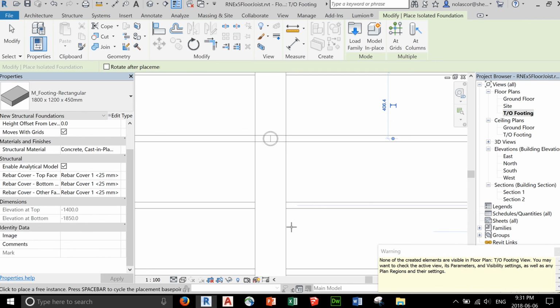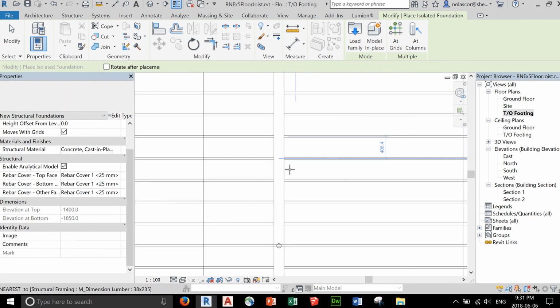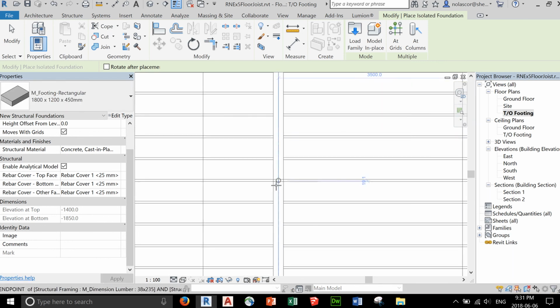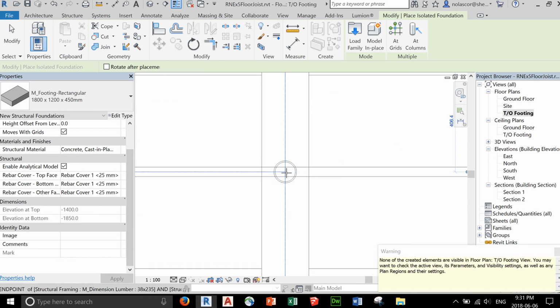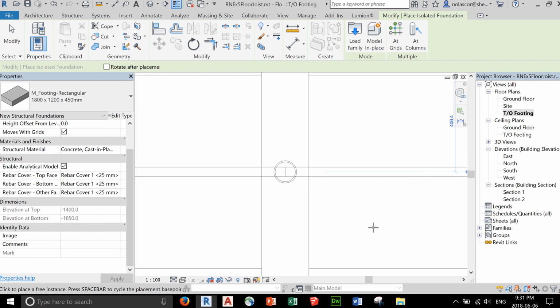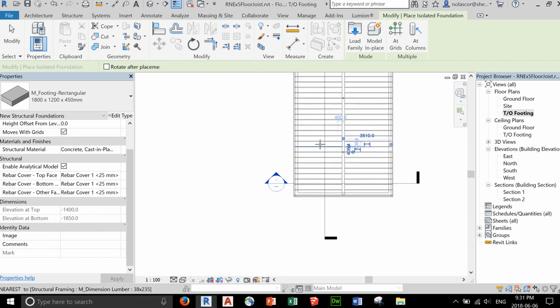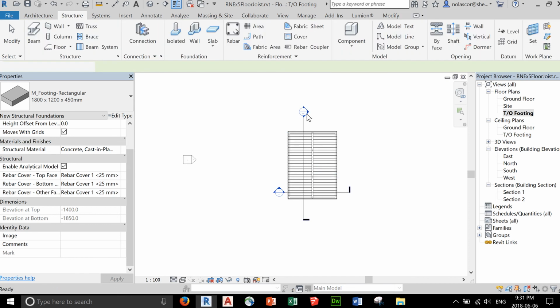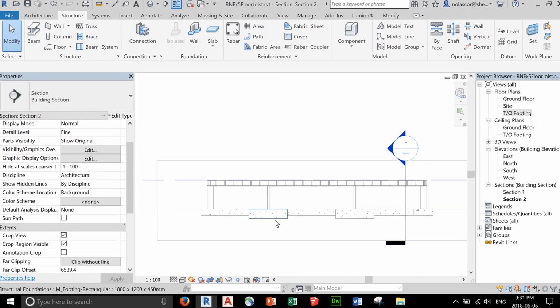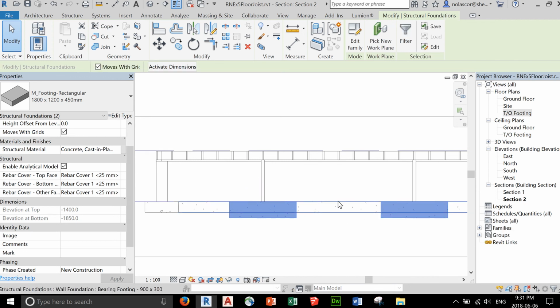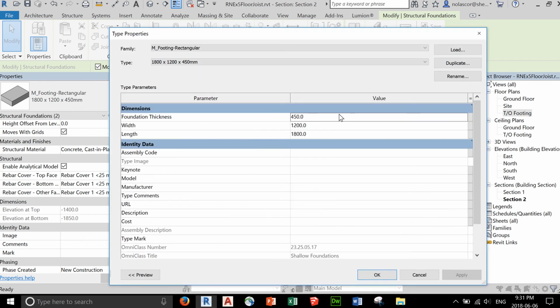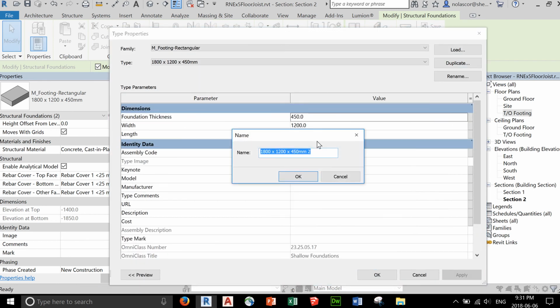So it's just saying none of that item that we have created is visible because the foundation will be placed below the top of footing. So we can ignore that warning and then go to our section view, hit escape to see, wow, that's huge. Okay, so even if you have created this, you can select the two, edit the type, okay, duplicate, and